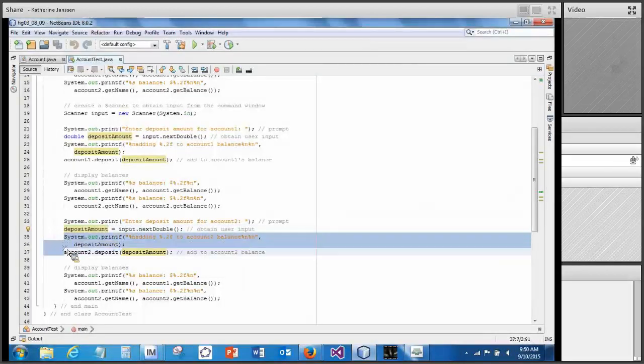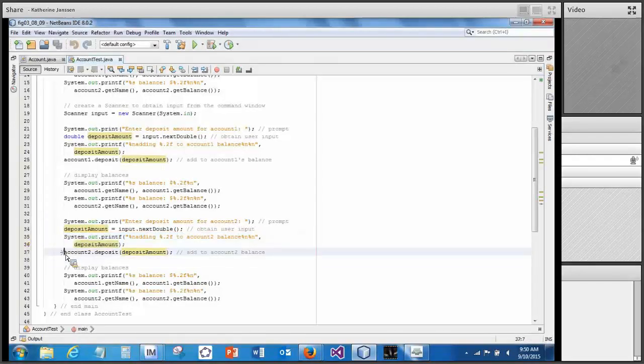We're going to output in a formatted string a new line, and the string is adding the double amount of the deposit just made, offered at the keyboard by the user. And then we're going to take action to reassign account 2's deposit method with a deposit amount, and the deposit amount that we typed